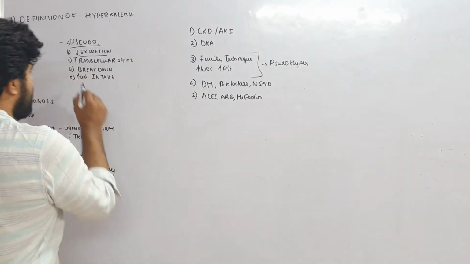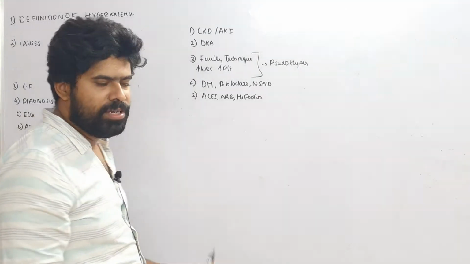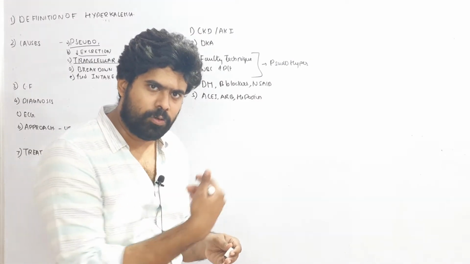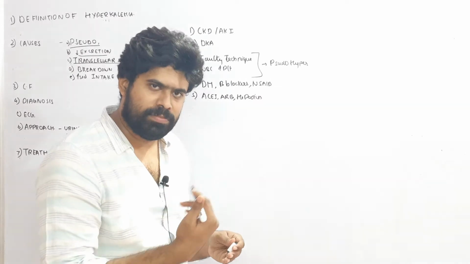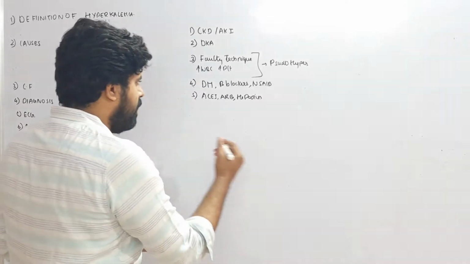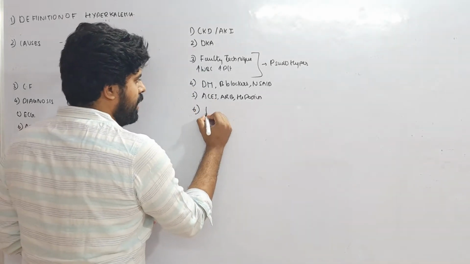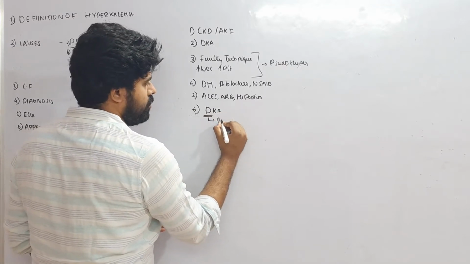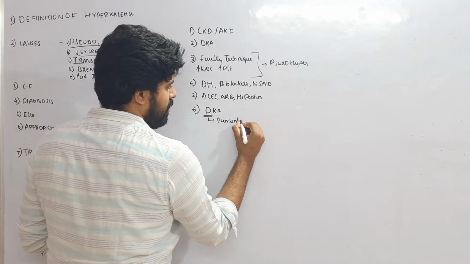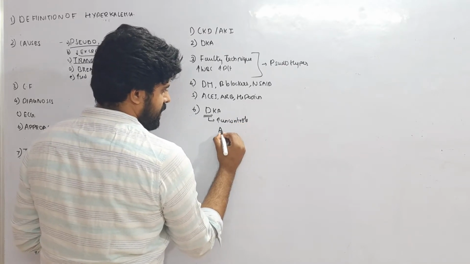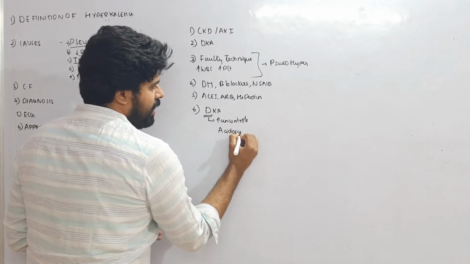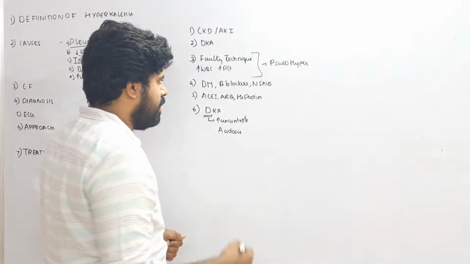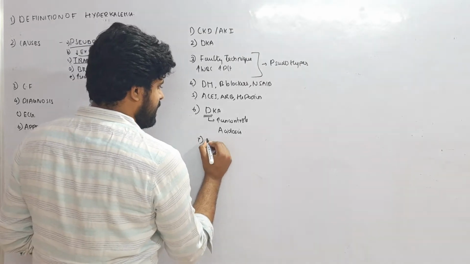So what are the other causes? Transcellular shift. As we already mentioned, the transcellular shift means there will be a shift of potassium from within the cell to the outside of the cell. When does this happen? That occurs when there is DKA, diabetic ketoacidosis. Uncontrolled sugars can cause this shift. Then acidosis, again present in DKA, can cause this transcellular shift from within the cells to the outside. Then other conditions like Addison's disease,